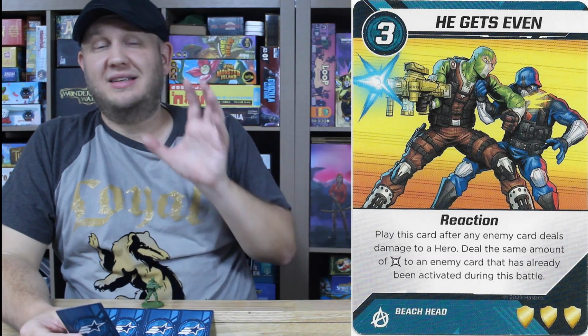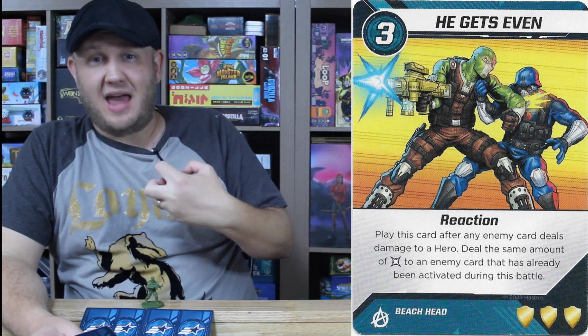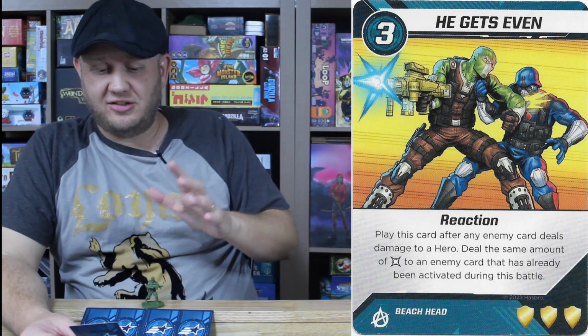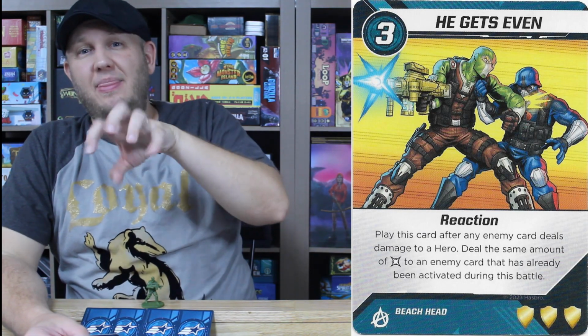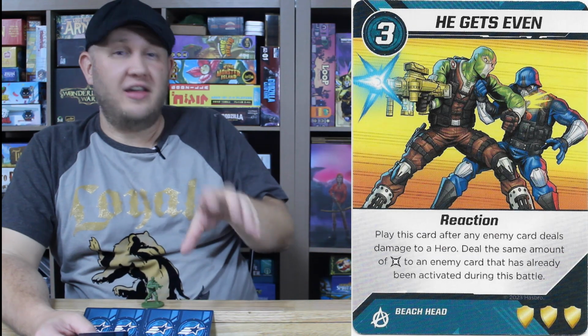So you have a card that deals damage to a player. It says the same amount of damage dealt to that player. So if they are dealt 4, 5, 6 damage from a very powerful Lieutenant card or something like that, you can play He Gets Even. Even though it doesn't reduce any of the damage, that hero still has to figure out how to take in all of that damage and use their cards to defend it. You can then take that damage and move it towards a previously resolved card in order to get